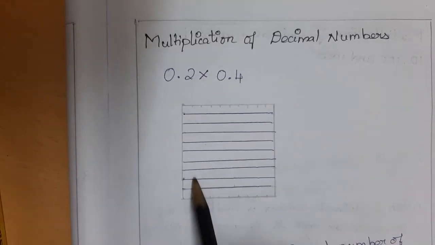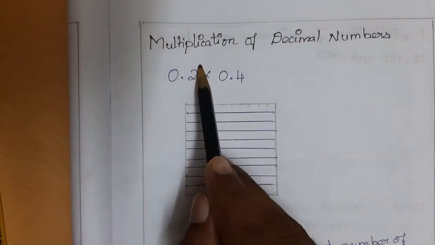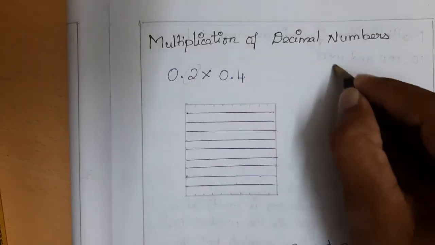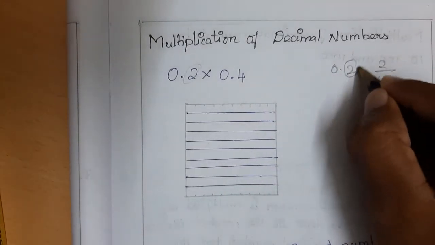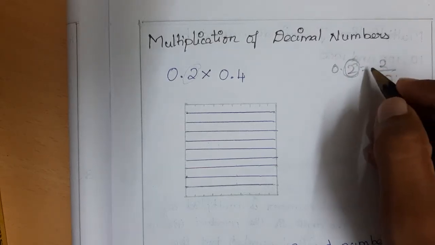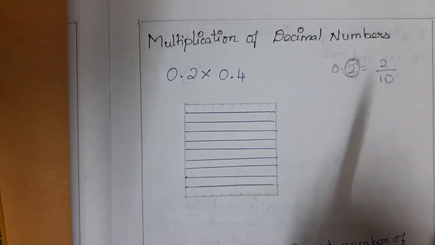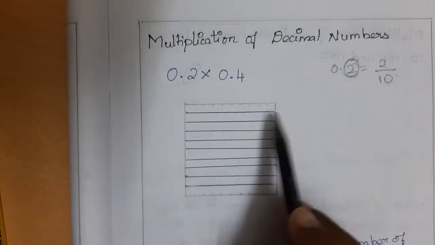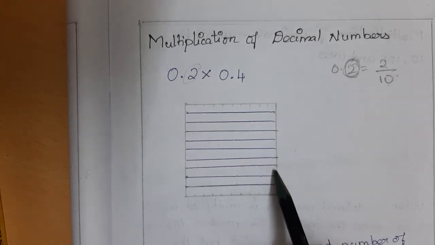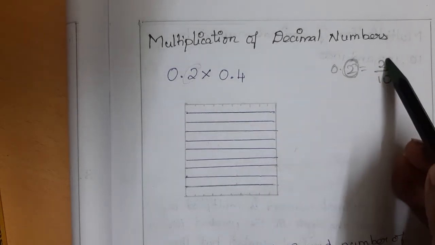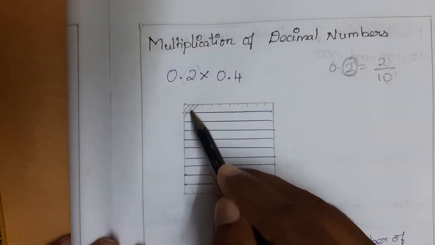This is the one whole thing which I divided into 10 parts, because we have the tenth part. 0.2 is just 2 by 10, right? This we represent as the tenth. The position of the 2 is the tenth position. So 2 by 10: one full thing split into 10 parts. You can see 1 2 3 4 5 6 7 8 9 10. So 2 parts you are going to choose. I'm going to shade the first 2 parts,